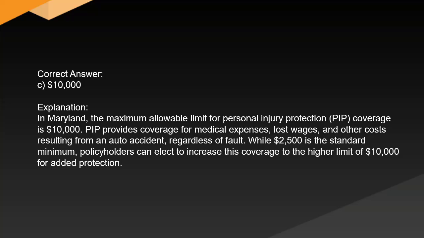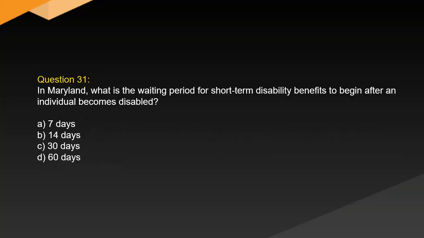PIP provides coverage for medical expenses, lost wages, and other costs resulting from an auto accident, regardless of fault. While $2,500 is the standard minimum, policyholders can elect to increase this coverage to the higher limit of $10,000 for added protection. Question 31. In Maryland, what is the waiting period for short-term disability benefits to begin after an individual